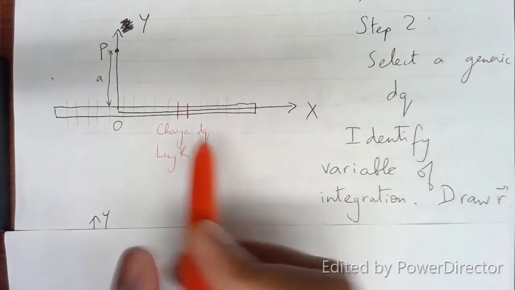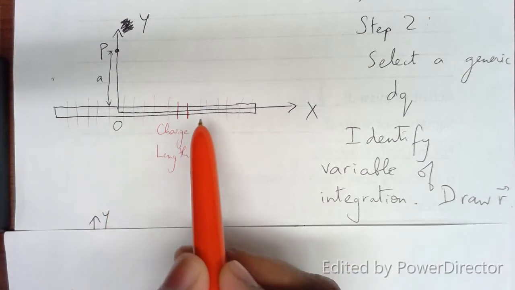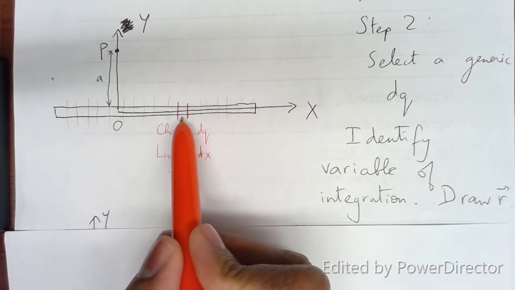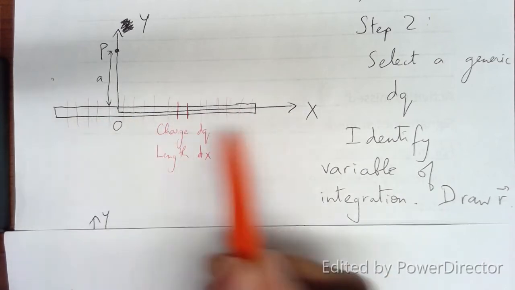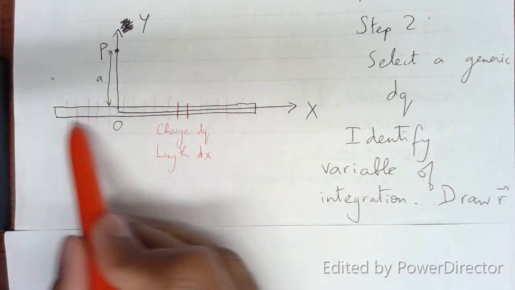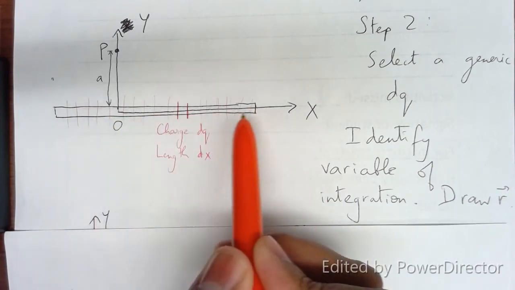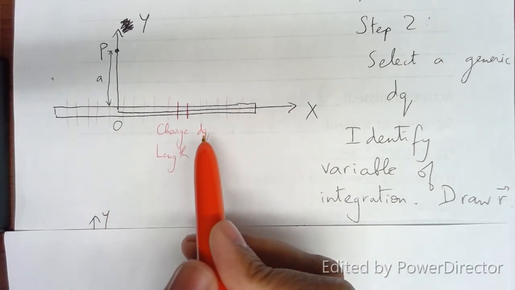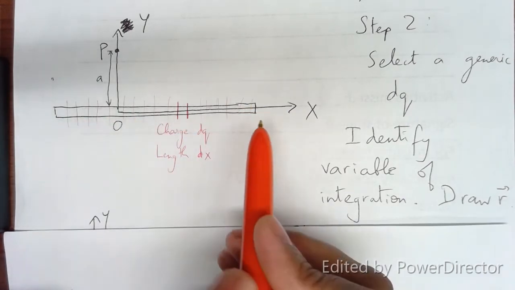In this case, what it means is that this is just one dq out of many, right? So what variable changes as dq moves around? So right now dq is here, but eventually we're going to add up all the contributions. There'll be this dq, there'll be a dq over here, there'll be a dq over here, a dq over here. So what is changing as I move it around? Its position along the x-axis is changing, right? So we are going to take a stab at saying that x is going to be our variable of